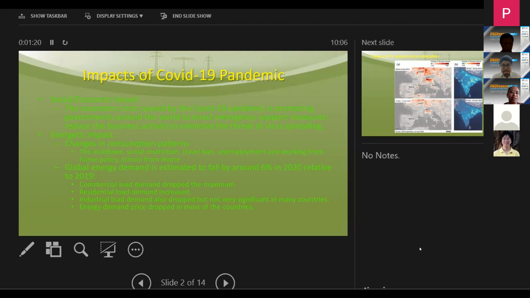And we know that it brings more impacts on social and economic level. And from the point of view of energy, there are many changes in consumption pattern being